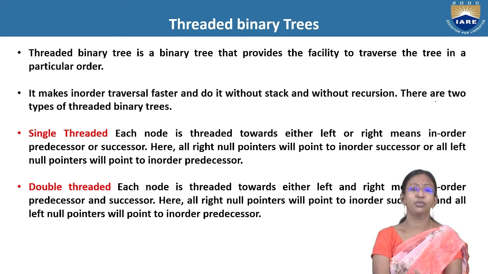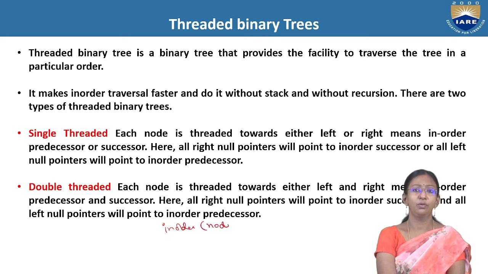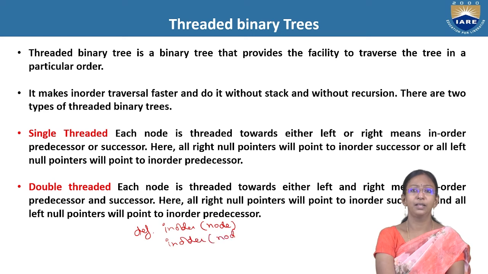So what is the general process, or if you think of a pseudocode, right? In-order traversal of any node, what will be the algorithm? The process will be recursive: in-order of node left,